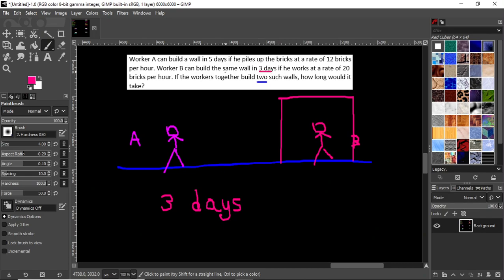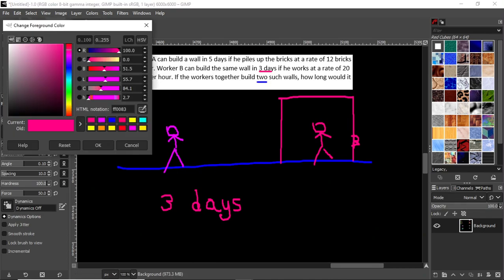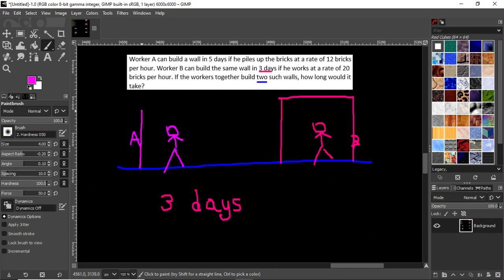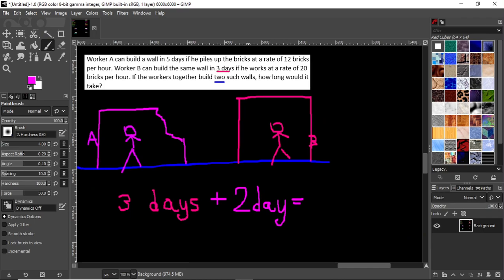As it's said in the question, worker B can build the same wall in 3 days. All right, and suppose worker A has built a portion of the wall. Now what my bird brain would think from a few years back is, okay, worker A can continue his work for a while longer. He needs 5 days in total to finish his wall, so another 2 days, suppose, and that should give me an answer,